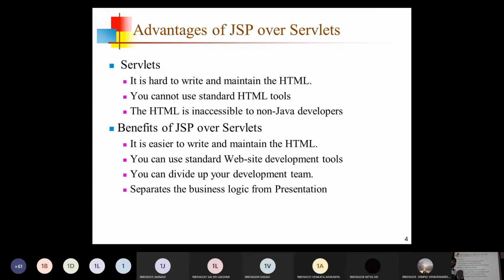We are writing several out.println statements in the servlet code for writing HTML code or for generating the dynamic content as a response. Inside the printlns we are writing HTML code itself, and this HTML code is written inside the Java program. Am I right?